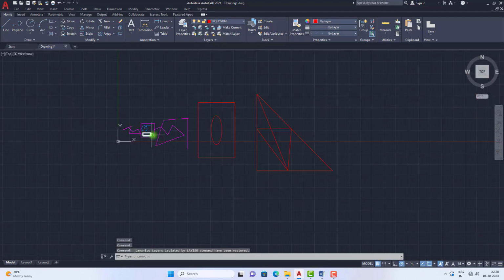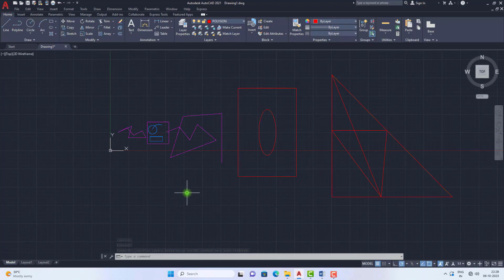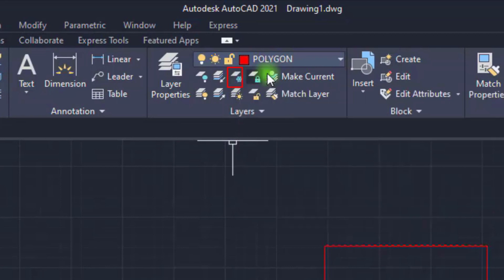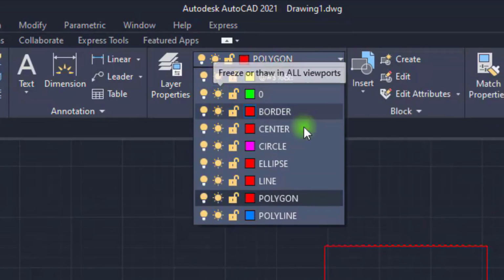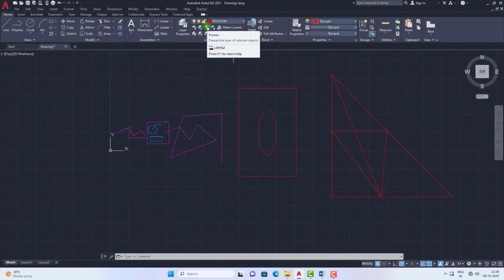So now I need to unisolate. You need to click here, unisolate, so that all objects will be unlocked. For that case, you need to use that option. And see here, there is an option freeze. Similarly, if you go here, there is an option freeze at the right. So like that you can use it from here also.